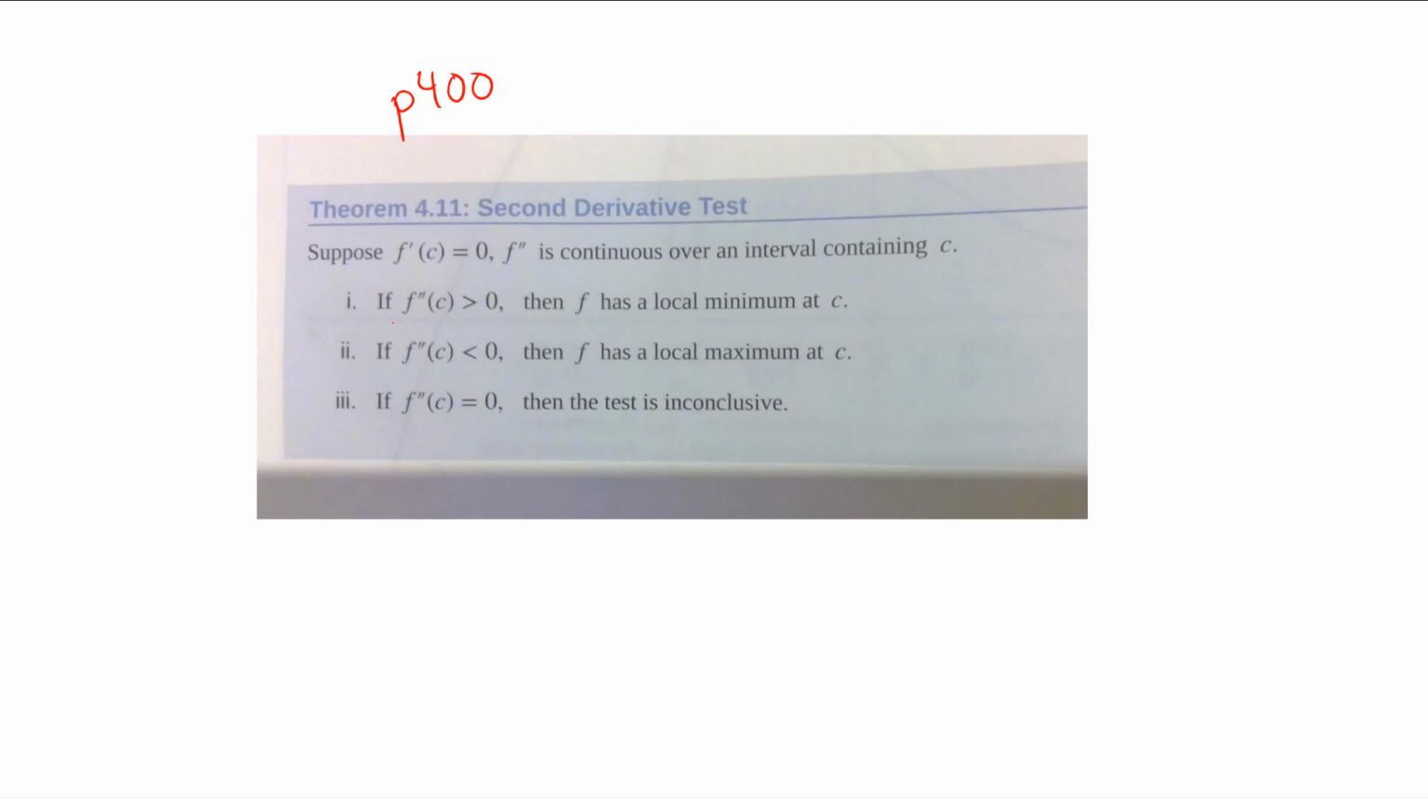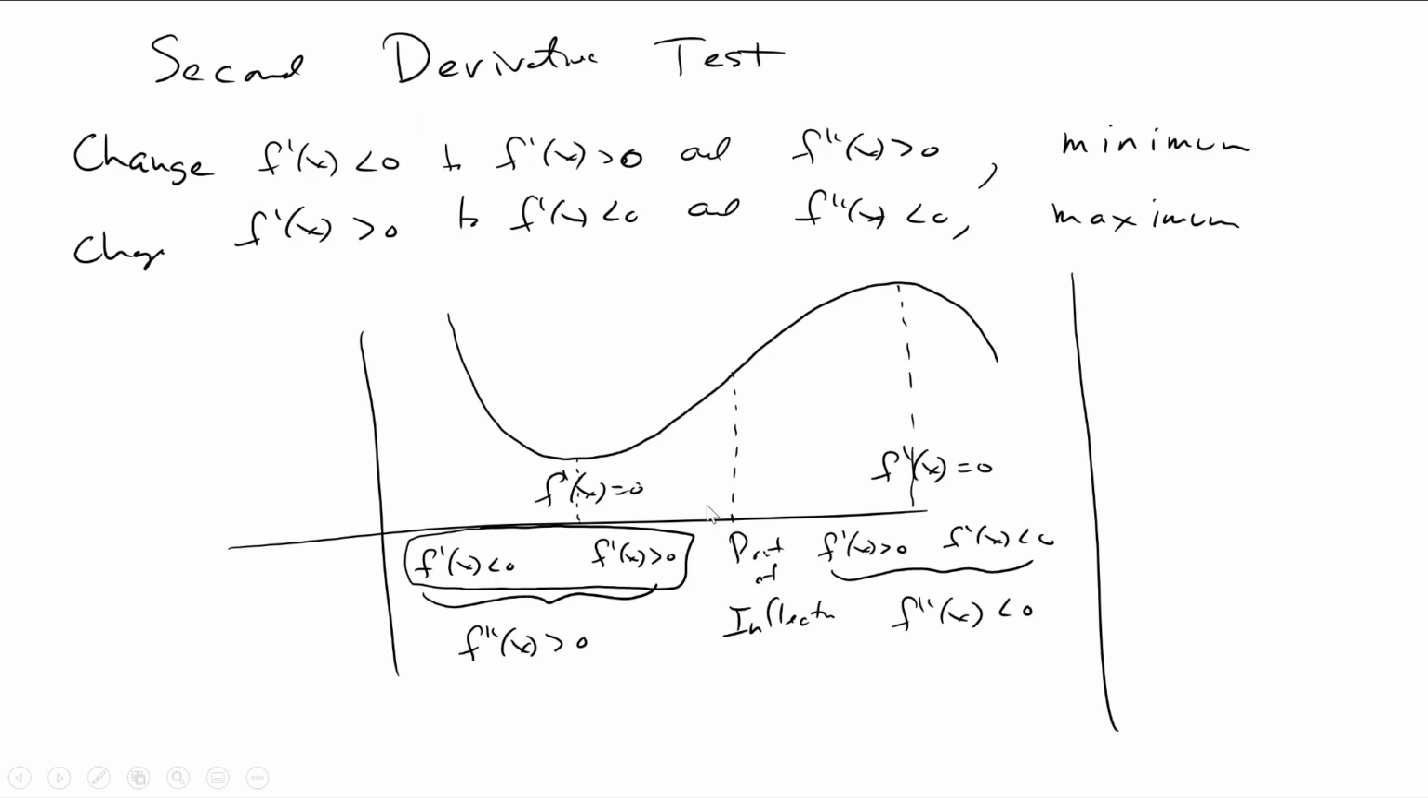If the second derivative is greater than 0, then you have yourself a local min. If it is less than 0, you have yourself a local max. And if it's equal to 0, then it's inconclusive. You do have to test the endpoints here. So when we do this right here,